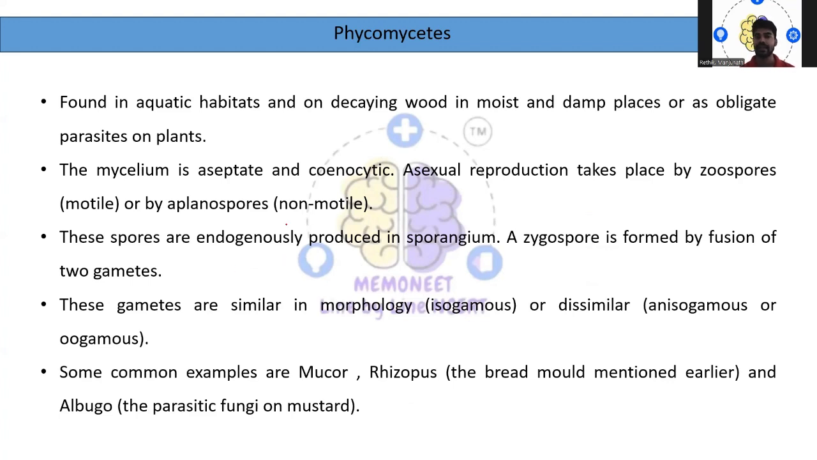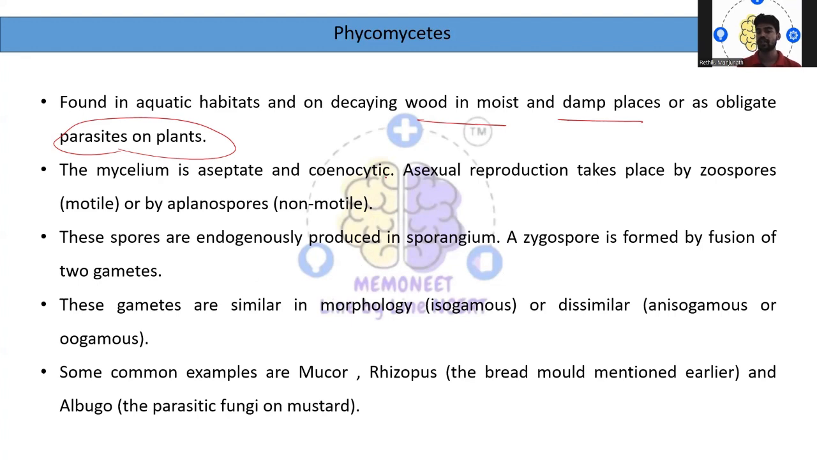phycomycetes. They basically have an aquatic habitat, and they are also found on some decaying wood in moist and damp places, or they act as an obligate parasite on plants. That is, they normally live on the plant body, and from the plant body they extract their food. Then the mycelium is aseptate, and